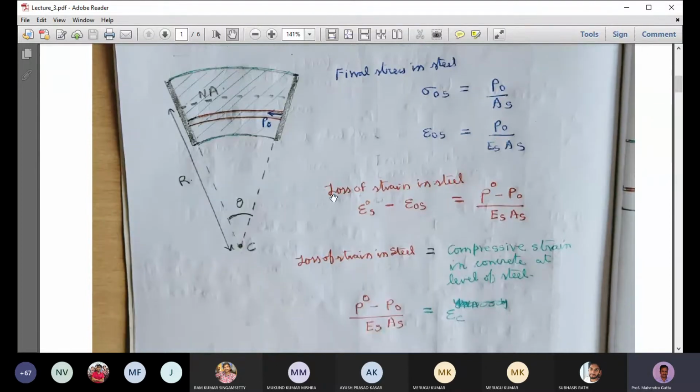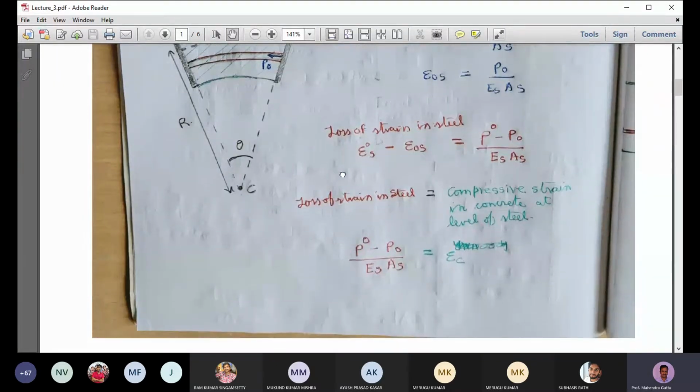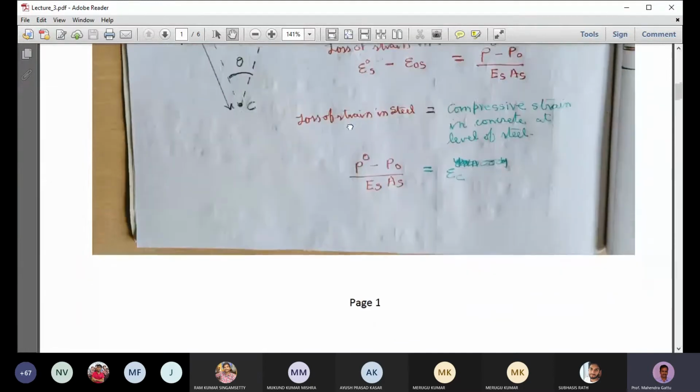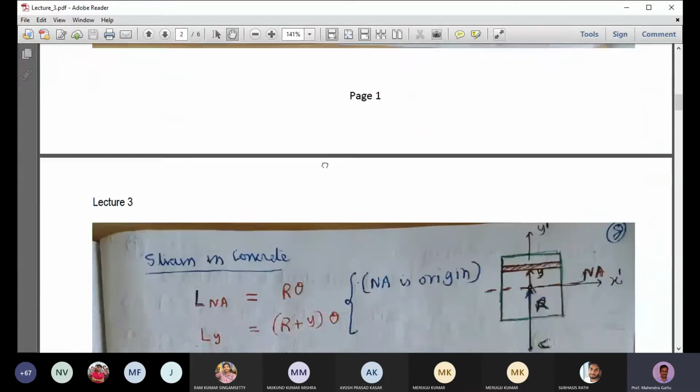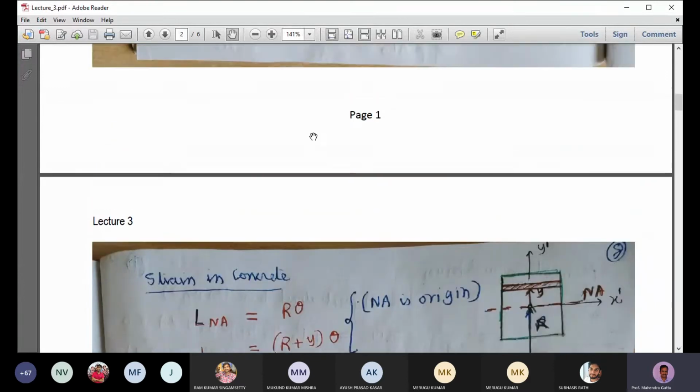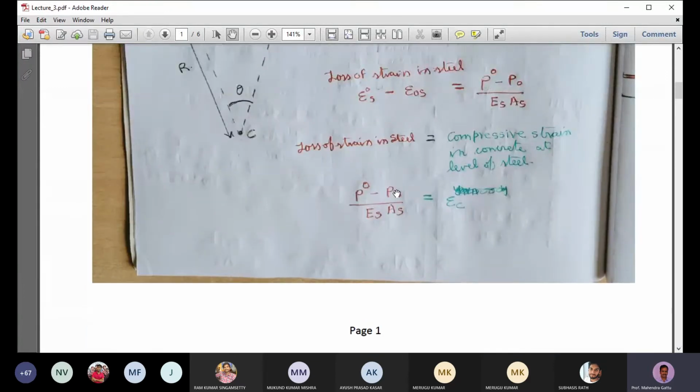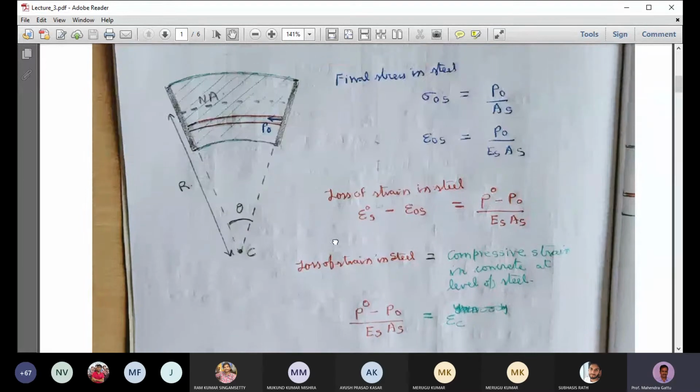Now we'll go through some equations. We'll start with first principles and do the derivations. Our main purpose is to find out what this P naught is. If you look here during the bending process, we can find the center of curvature of the beam, and that center of curvature is C. We can draw a radius. The neutral axis is here, and the distance of the neutral axis from the center is R.